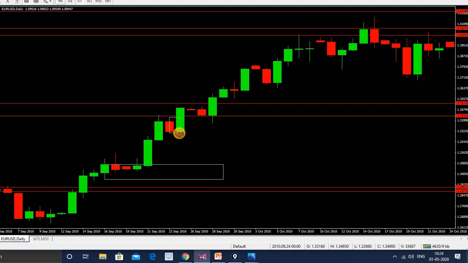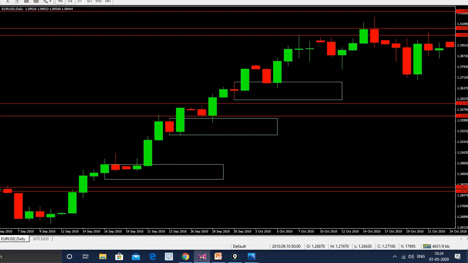See, because it's a tight base, and when there is one candle in the base, just take wick to wick, that is better. See here, this is a rally base. Price is making a move up, then again moved down, and then again made a move up. So this is an example of how you can draw the demand zone.